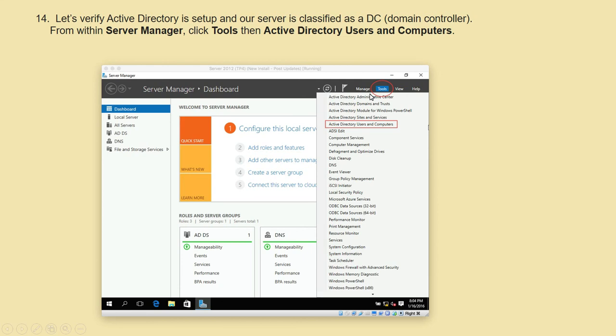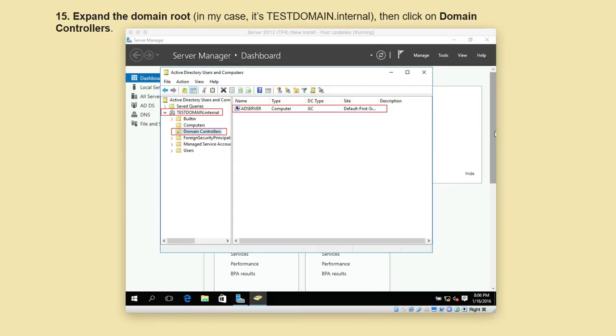Now expand the domain root. The test domain dot internal is there. Then click on Domain Controllers.